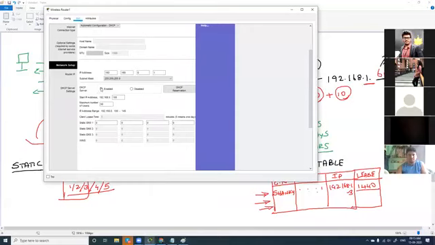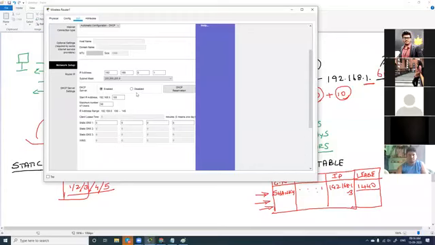So the DHCP server is enabled, and this is the scope. What is the starting IP address? See, the start IP address they have mentioned here is 100. That is why the computer's IP address was 192.168.0.100, and the next computer's IP address was 192.168.0.101. Right? And how many maximum users do they have? Maximum users is 50. So when you have a range like this, see the IP range, DHCP scope is from 100 to 149. And how many IP addresses do we have? We have 50 IP addresses here. Right? So this is a basic setting that you see here.